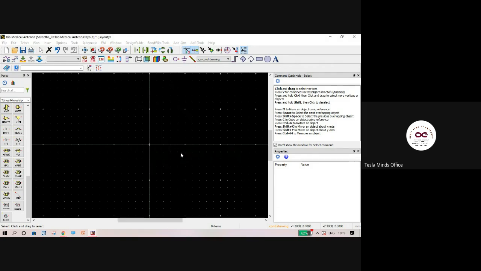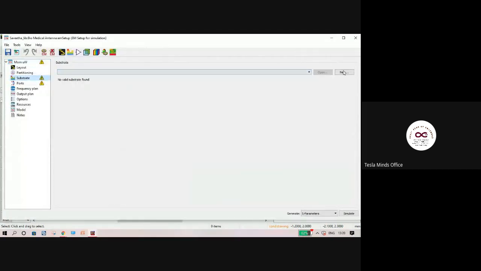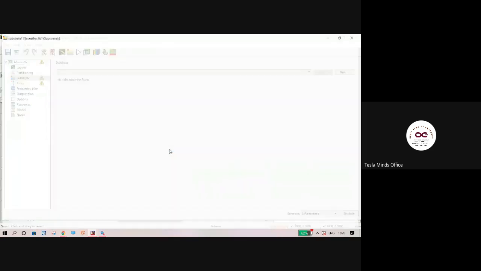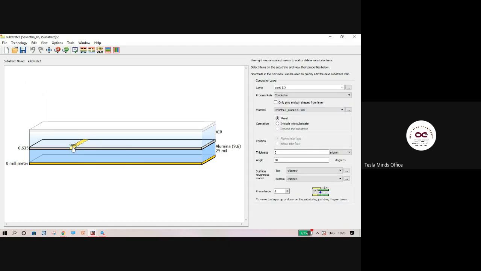Here I'll set up the EM electromagnetic simulation just to show you that substrate. Don't worry. Remember that sandwich layer which I showed you? All was gray there. Here you can see the bottom larger yellow line, that's the ground. In between, the sky blue layer, alumina, is the substrate, the dielectric material, and on top of that is the conductor layer. That conductor layer is where we are going to draw this antenna.